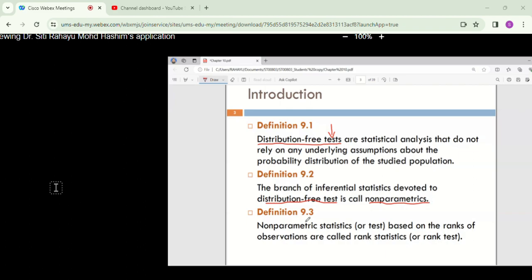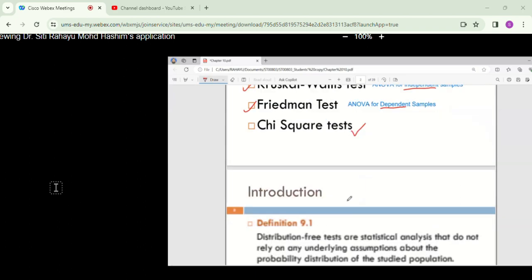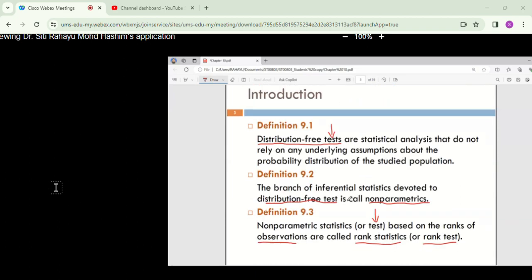Non-parametric statistics and non-parametric tests are different. The tests using non-parametric statistics based on the ranks of observations are called rank statistics or rank tests. So all these are rank tests, and their statistic value is the rank statistic. That is the difference between them and